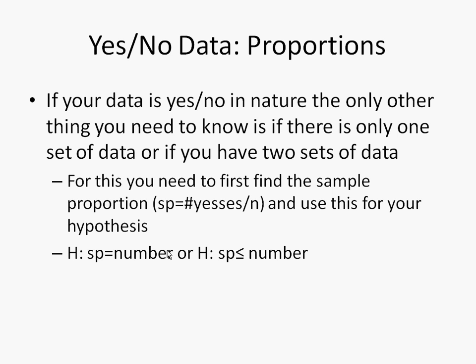Now, if you have these yes-no types of data, what you have is a proportion, and you start by calculating this sample proportion, the number of yeses over the total number of questions in your sample, and you use this as your hypothesis and what you're going to test. For instance, in this class, we could go around and survey and ask how many of you are female. Every time we get a yes answer, that's a 1 or a yes over the total number of people in the class. Now, if there are 25 people in the class, there might be 12 of you that are female, in which case what we have is a sample proportion of 12 divided by 25, or a sample proportion of